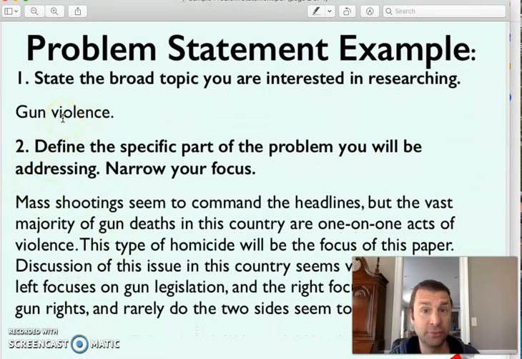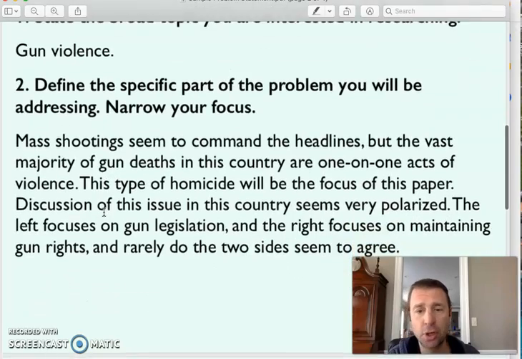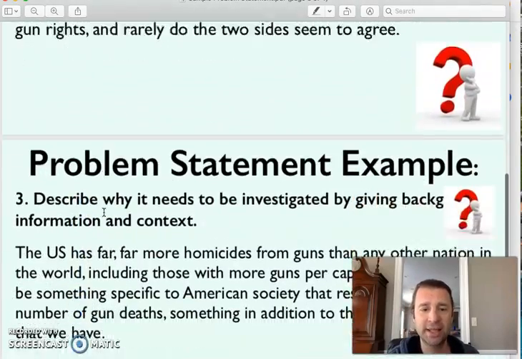So let's take that gun violence one, for example. So broad topic, gun violence, and then more specifically, if you look at data, the U.S. versus other countries, you'll find that the gun violence per capita is a lot higher in the U.S. than it is in a lot of other countries. That's starting to change, actually, but historically that's been the case. And then also you notice that the stories that get the headlines are these mass shootings, but statistically, your likelihood of dying in a mass shooting is quite a bit less than an incident of one-on-one violence. So if you were doing this, you'd investigate that data here.